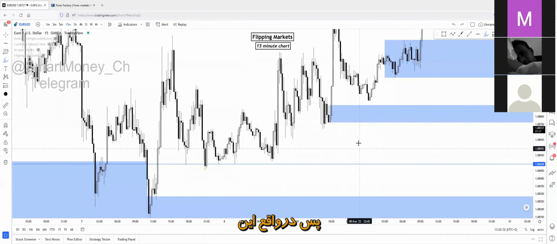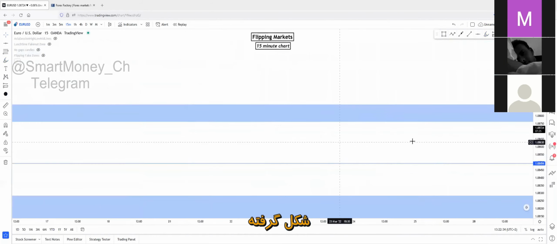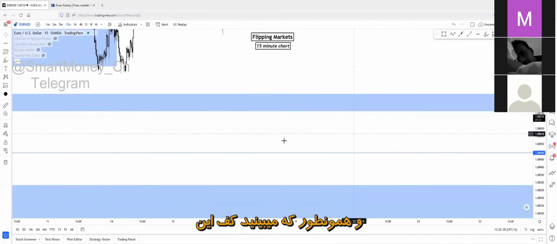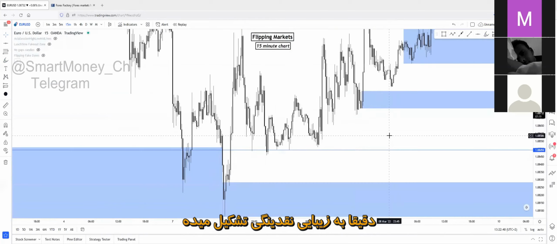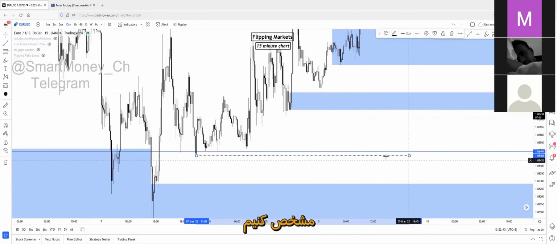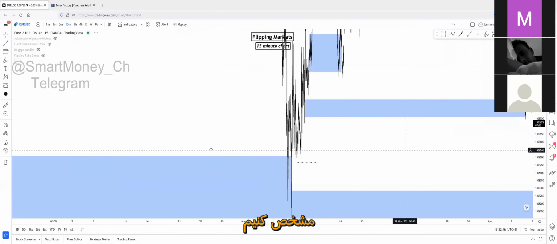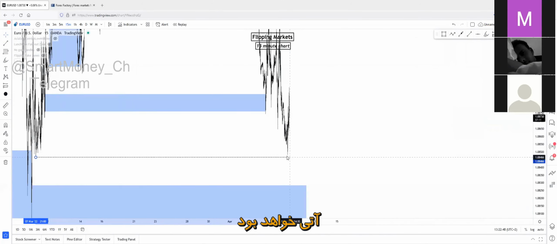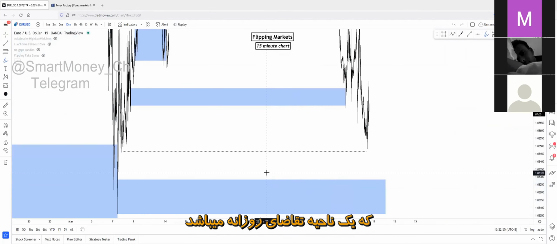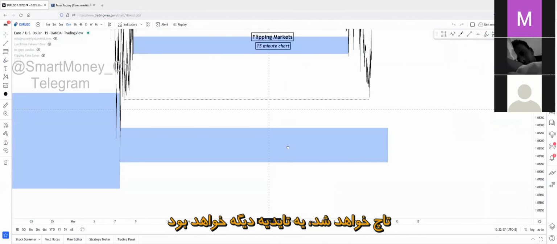So basically this reversal right here was a reversal in the middle of nowhere. And as you can see, the low point of this movement lines up perfectly with the liquidity. So we can mark up a perfect liquidity line right here, which is one more confluence for the upcoming shorts, one more confluence that this extreme demand zone down here, which is a daily demand zone, will be tapped.